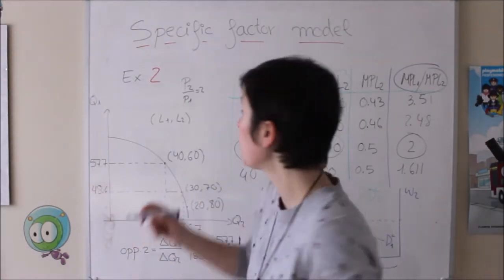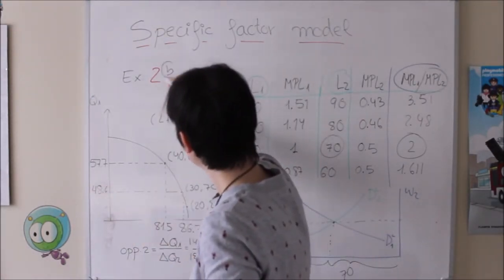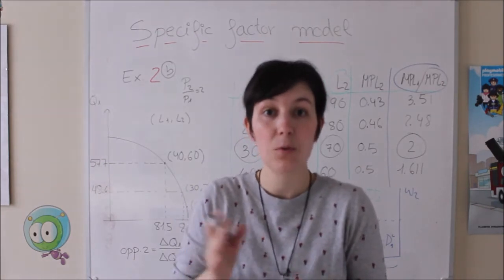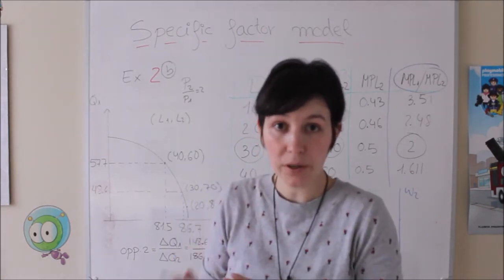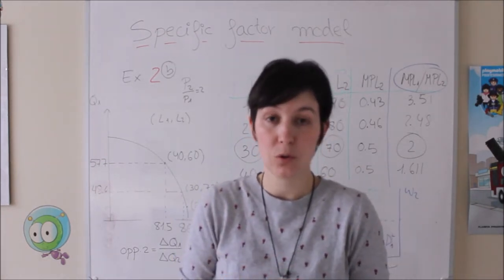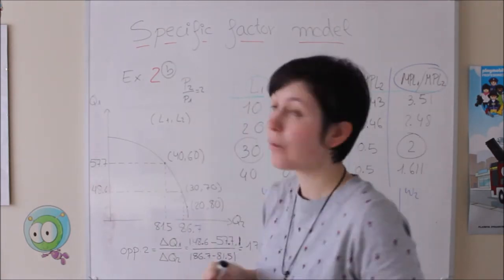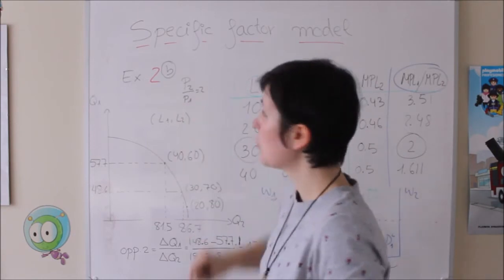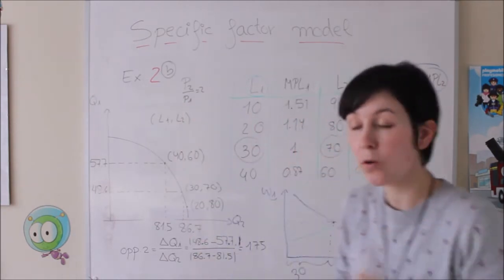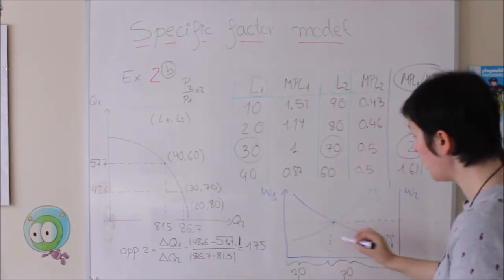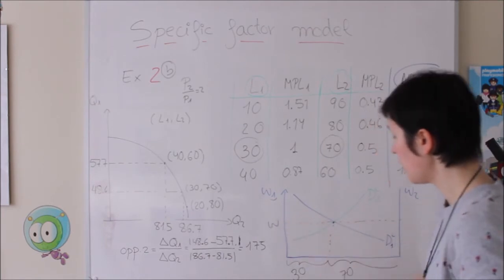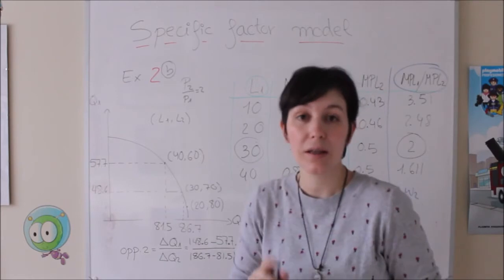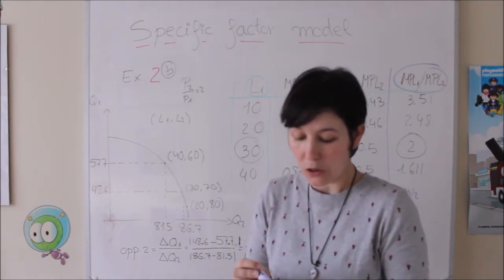Now, in part B, what we have to do is prove that the opportunity cost at that point is close to 2, which was the ratio of prices. I mean, the relative price of good 2. But before that, I forgot to tell you what the equilibrium wage is. It's going to be here, of course. So I was talking about the labor allocation, but at that point it's going to be the wage. So to get that